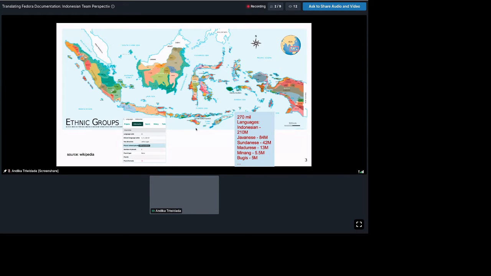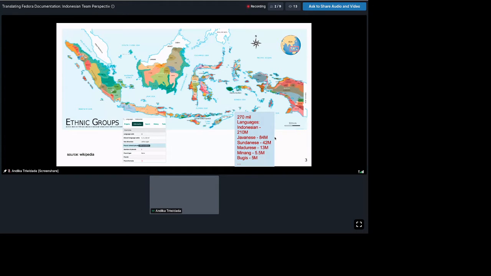We have around 270 million people in Indonesia right now, and around 210 million of them speak Indonesian. And then we have so many local languages.